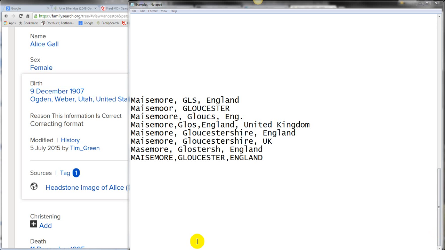Now, all of this is a little easier if you are using third-party software. Once you have entered the place name correctly, the program should prompt you after typing 3 or 4 characters whenever you type it again. It is similar for dates. You can set preferences to display dates in whatever format you choose within the program. You can have the year first, followed by the month and the day if you want.